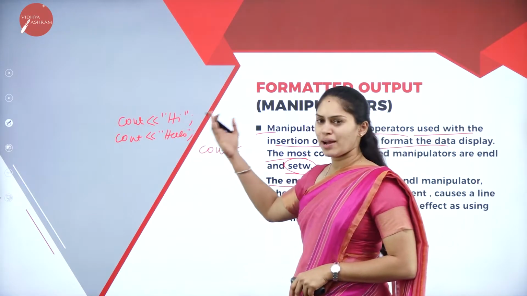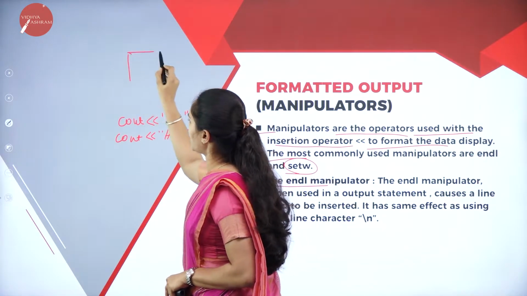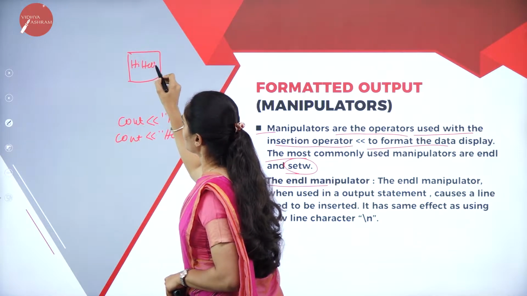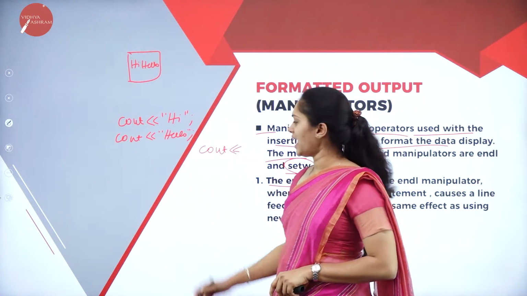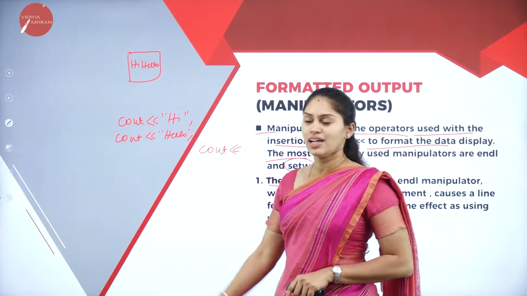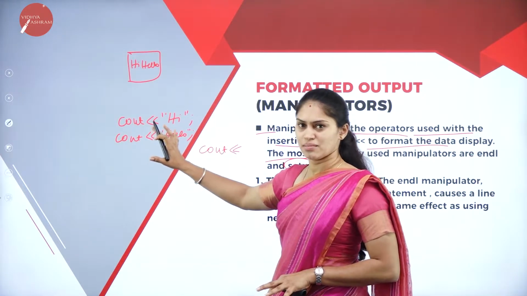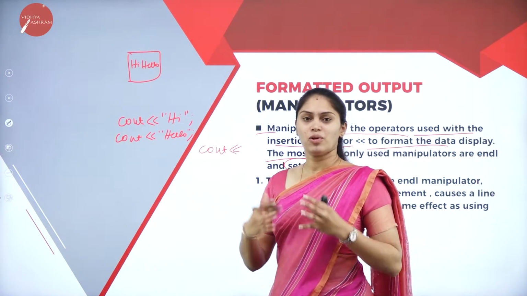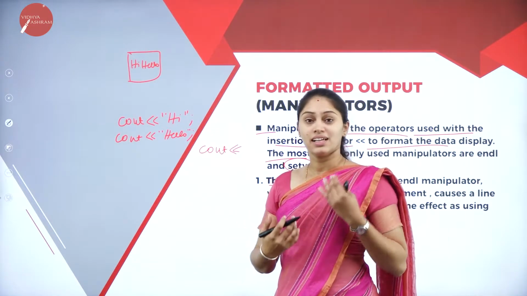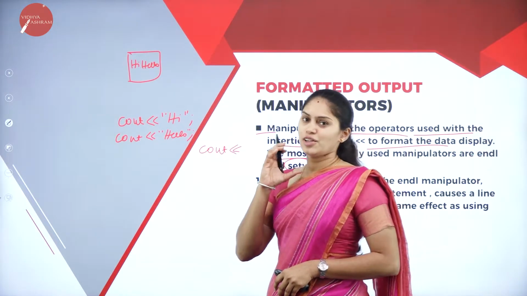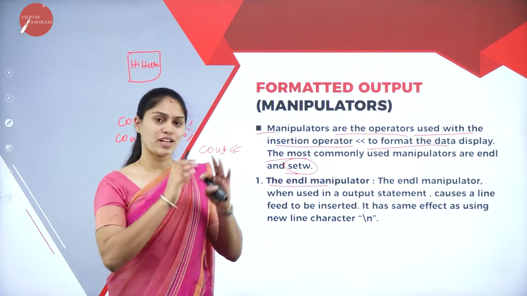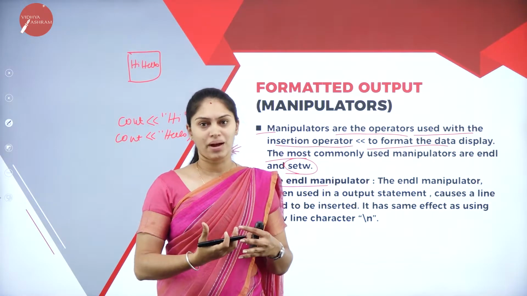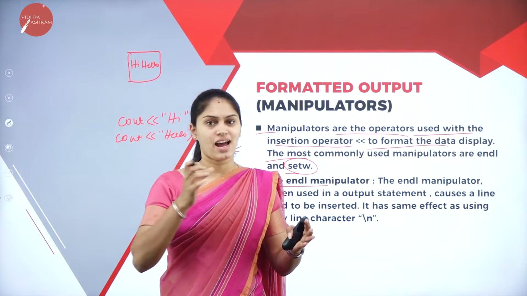But here I am not formatting anything. So how is it going to look on the output screen? It will be like hi, and along with that it is going to display hello. I have written them in different cout statements, but I have not used any end-of-line format. I am not specifying the format of that particular output line. In order to manipulate or format the output which is going to be displayed on the screen, we are going to use endl and setw.